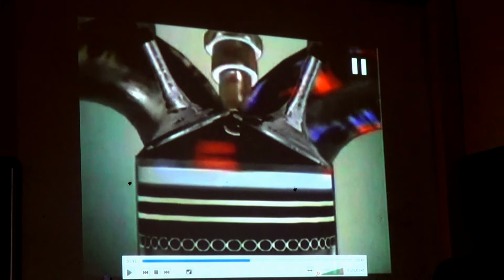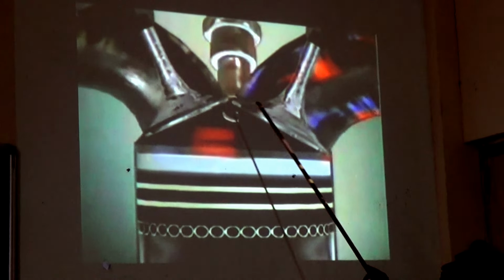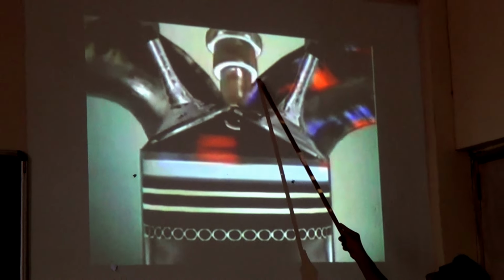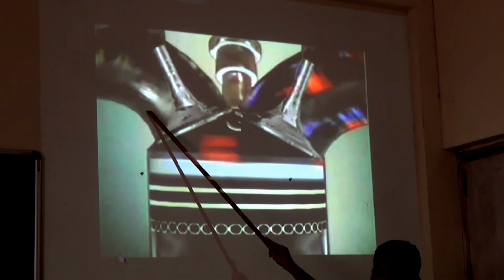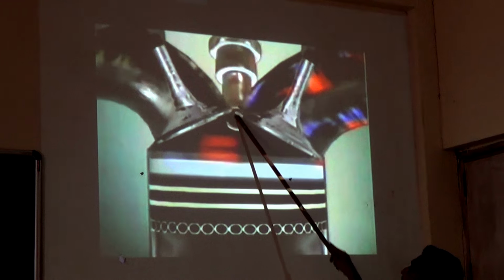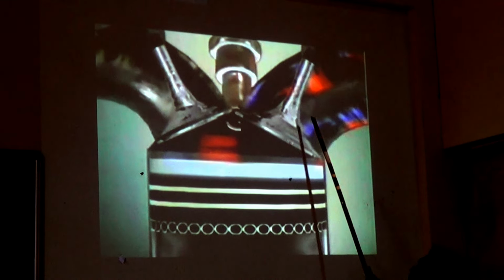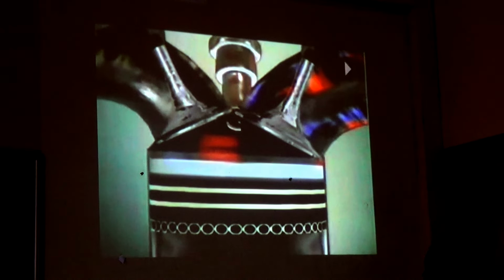Now in this particular picture, what we are observing is the inlet manifold, whatever we have discussed till now, is on the left side, and exhaust manifold we have discussed on the right side. But in this video they have shown this as the inlet manifold and this as an exhaust manifold. This is the spark plug which is provided centrally, and this is a piston. Okay, so blue and red, whatever is there, that is air fuel mixture considering.